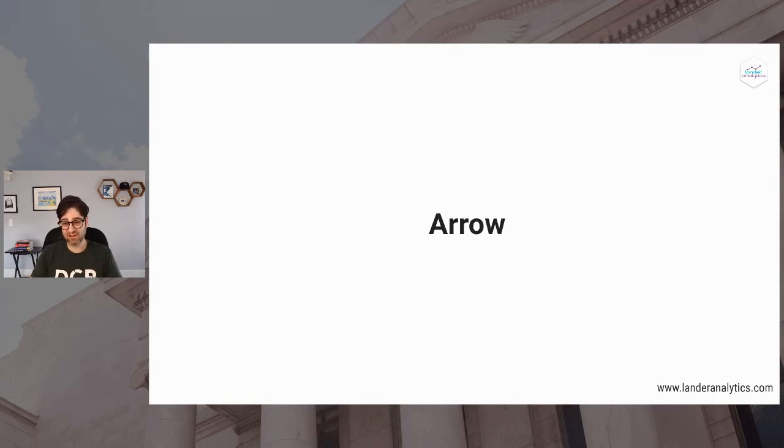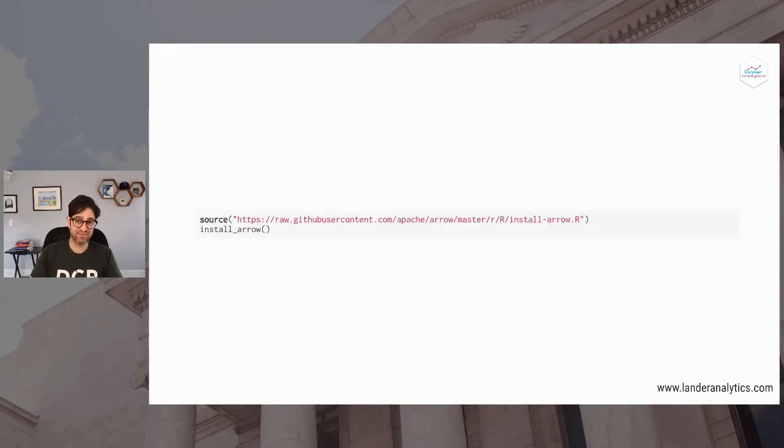Now, installing Arrow, even though it's on CRAN, can be a little difficult, especially on Linux, especially in an air-gapped environment. So, luckily, there is this GitHub content which has a function called install_arrow, which will install the Arrow system libraries for you to make it a little bit easier to have the package going in R.